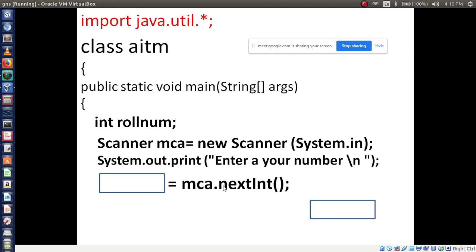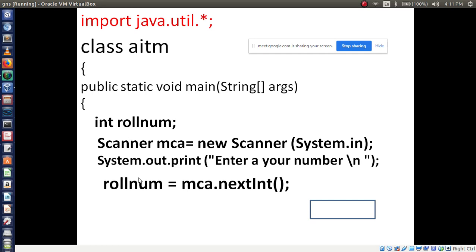Now MCA dot nextInt, it is stored in which variable? Here which variable will come? Reply, which variable will come? Roll num. Now yes, we got the value from the keyboard.